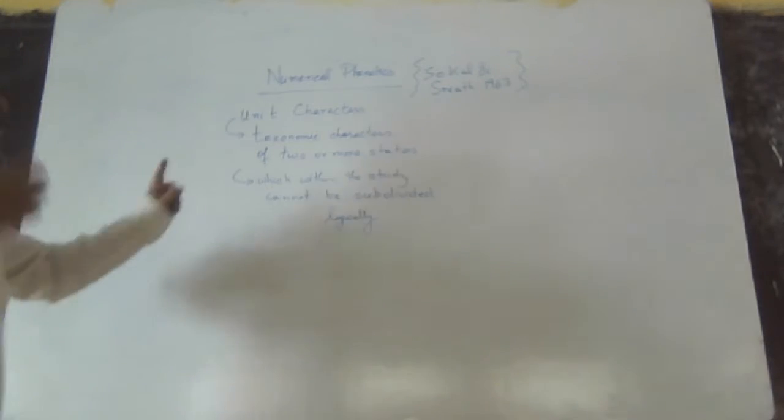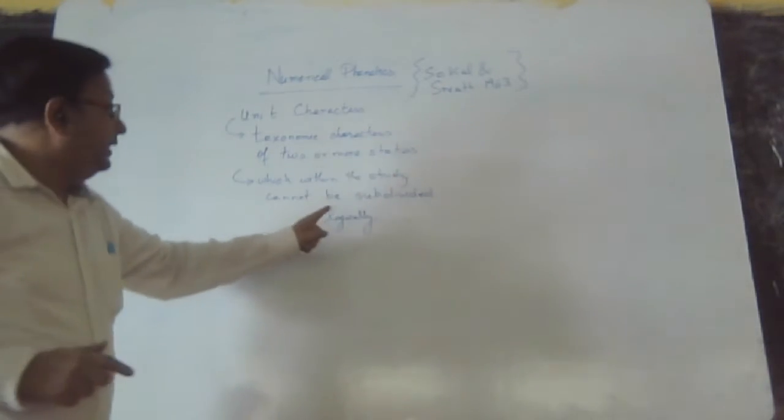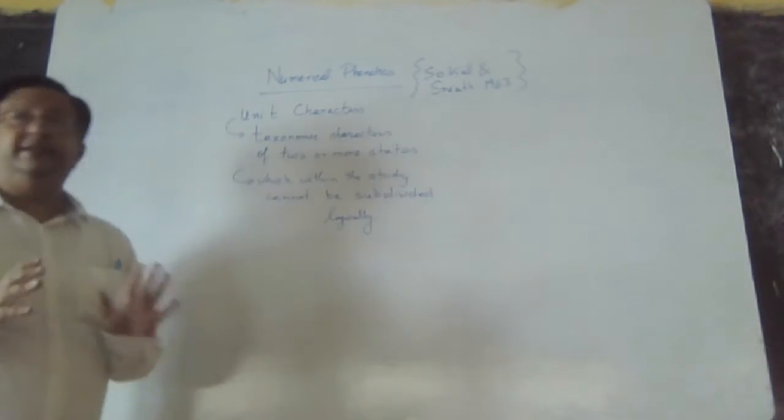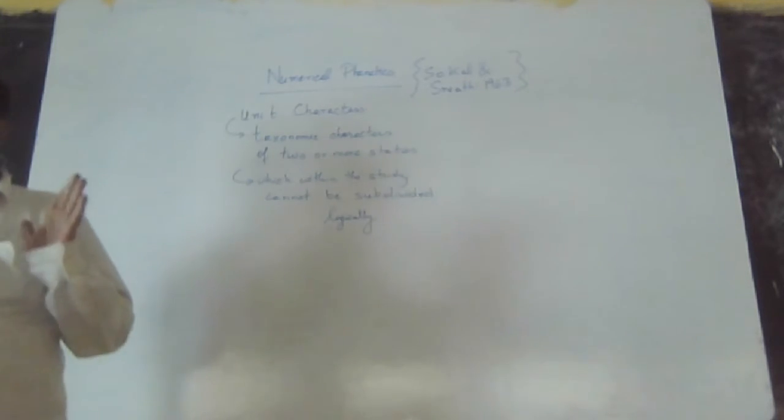So this is the definition of unit character. It cannot be subdivided logically. This is the most important term. It cannot be subdivided. For example,